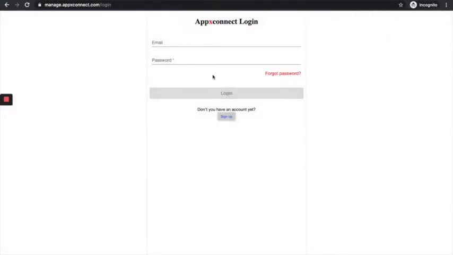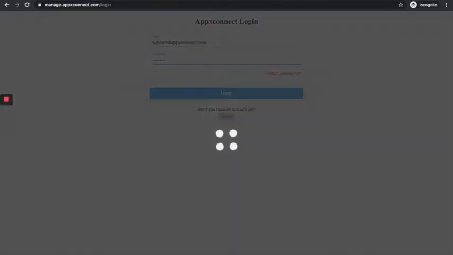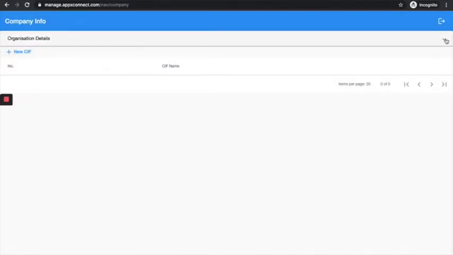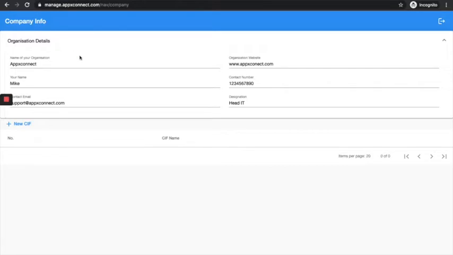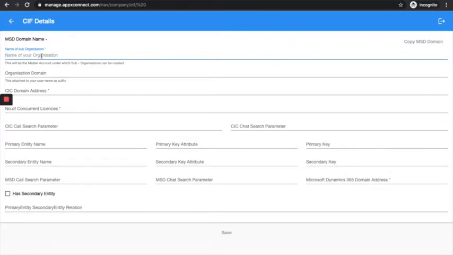Right. So I will have to verify my email ID in the meanwhile. Now I have verified, so let me log in. Once I log in, I can see all my details which I have entered in the previous screen here. Now I will create a new CIF. Here I can say this is one of the accounts under my main account. So I will write appxconnect1,